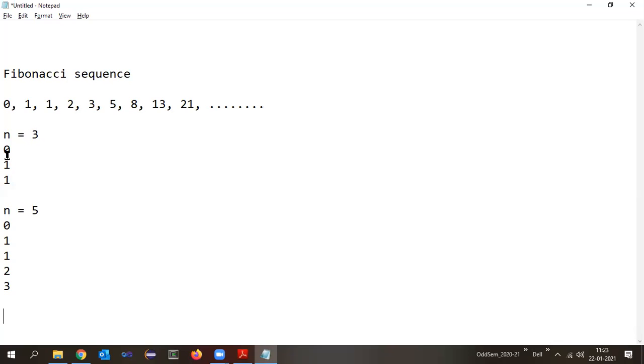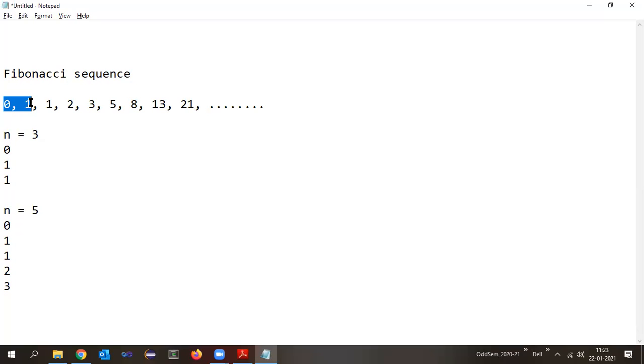Now, theoretically, you understood how to generate the Fibonacci sequence. The constraint is that we always assume 0 and 1 are already with us, the first and second Fibonacci numbers.